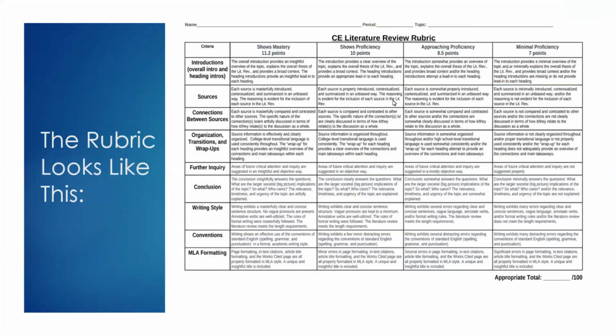The rubric that I'm using to grade this assignment has already been given to students. They should have a hard copy of it in their binder. If they don't, I have a PDF copy of it and a photo uploaded to the Canvas assignment. So if you'll refer to this rubric when you're grading it,